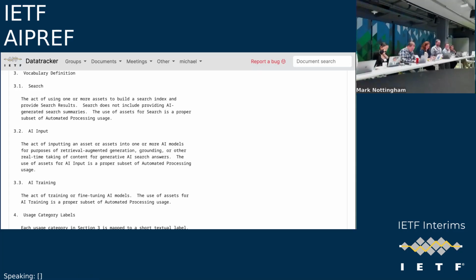But the second point relates to search too, and I have a little bit of involvement, being part of that small drafting group. I know that saying something about search seems to be a very prevalent want on the side of web operators and other rights holders.